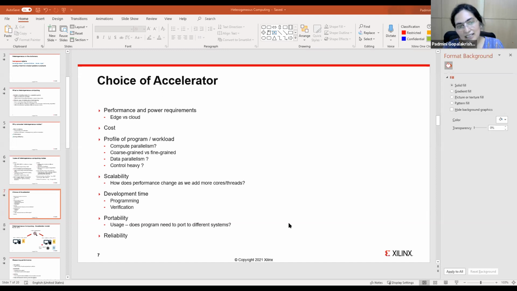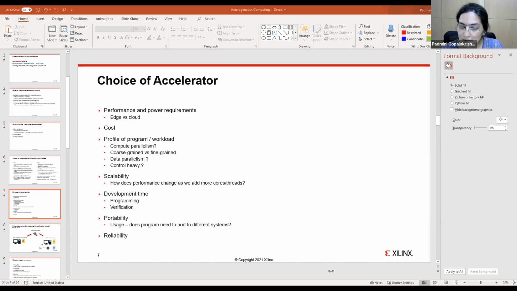Whereas, if I look at a similar image classification algorithm that runs on the cloud, which is Google Image Search, the requirement there on the Google server is that it processes a very large number of images per second, so that it can service a large number of requests. Is that distinction clear? Right. So with regard to performance, the requirements on the edge versus the cloud are different.